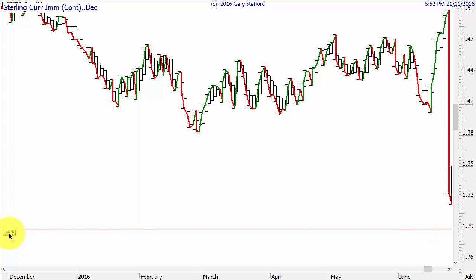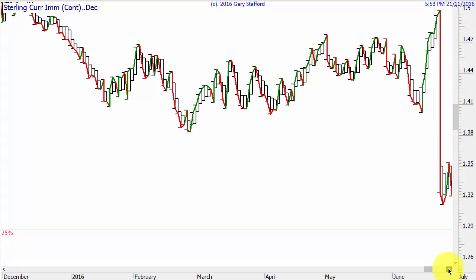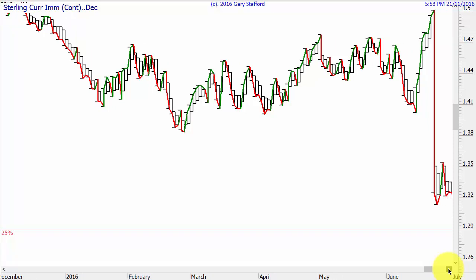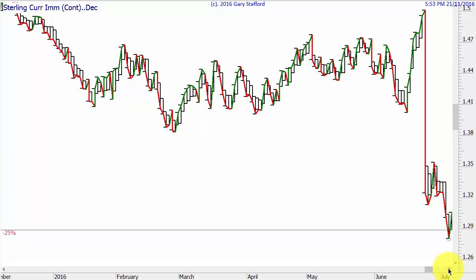So I'm looking for, this is the level inverted that I was looking for in the signal. So it has to get to the level and show some strength. So the market goes up, comes down, goes sideways, comes down, and then comes shooting down to my level and actually breaks it by quite a bit, which initially had kind of put me off. However, I was still watching it, and then the next day we go up and we form a trend indicator line bottom, and I decided to enter the market, and I got in somewhere around about here.